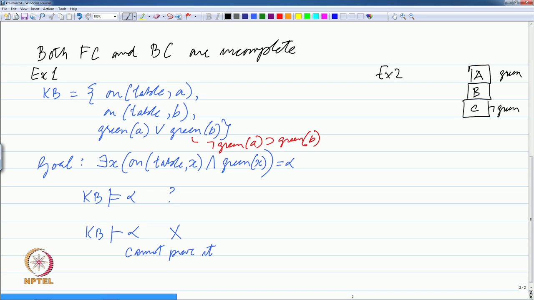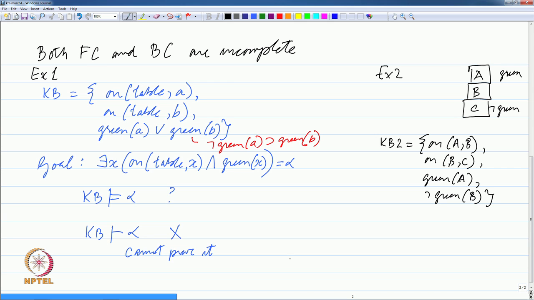Which of course I can write as a knowledge base: on A B, on B C, green A, not green B. So, I have these 3 blocks which are stacked up, A is on B, B is on C, and I know that A is green and I know that B is not green, and my goal, let me call it beta, is